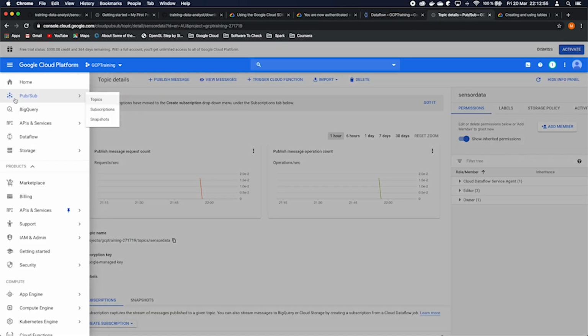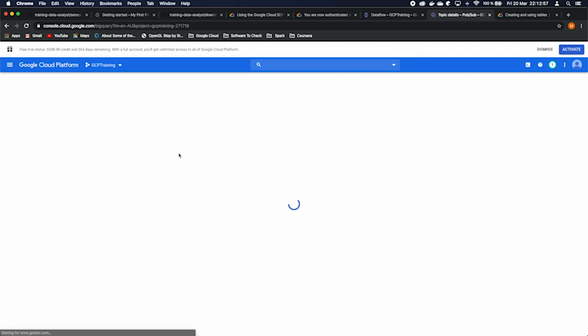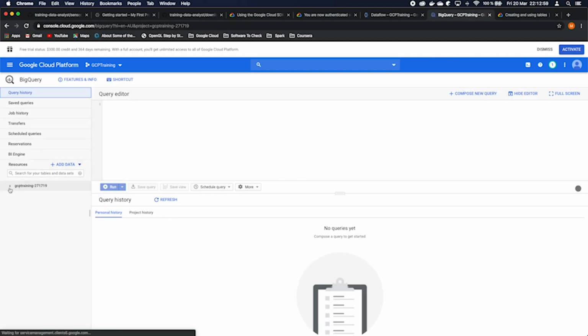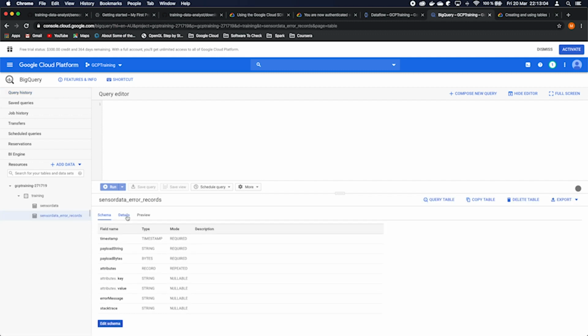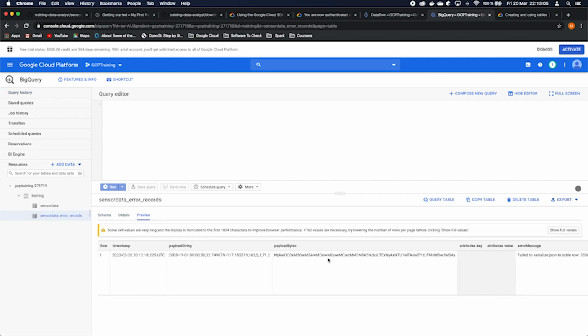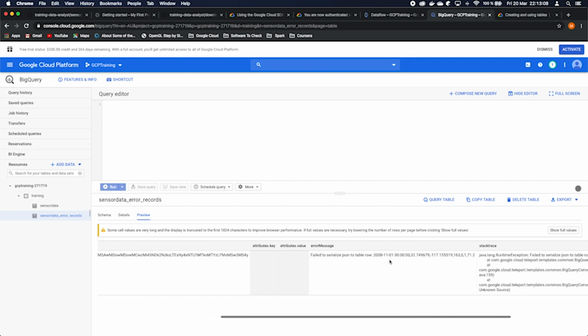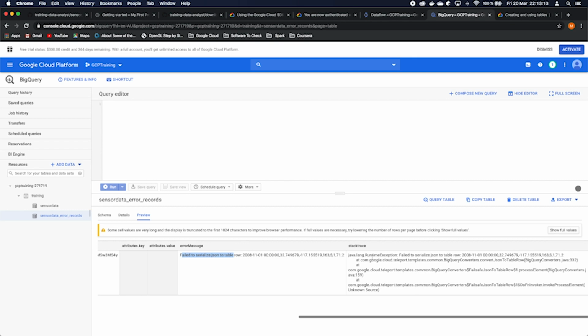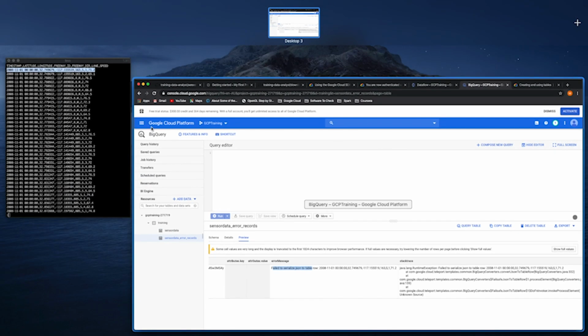So let's prepare the BigQuery dashboard. And as you can see, we had some problems. It says that it failed to serialize JSON to table because we have CSV data. We have a problem.